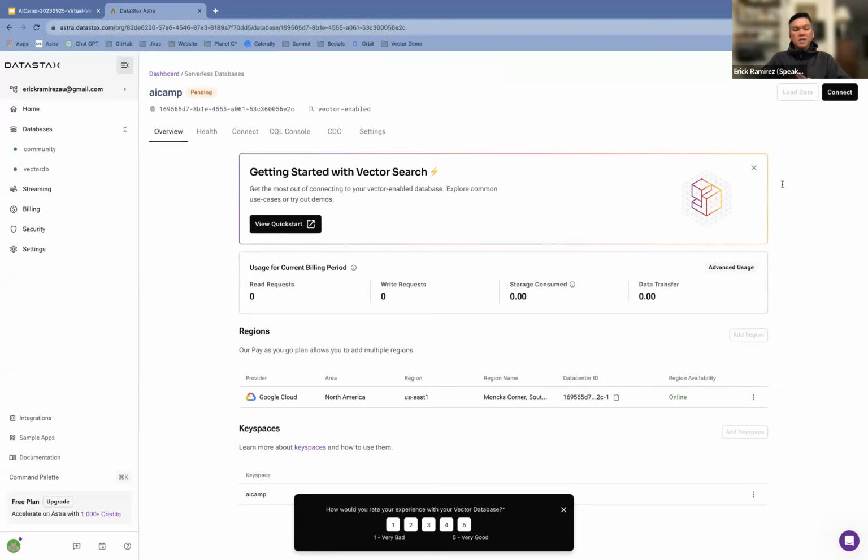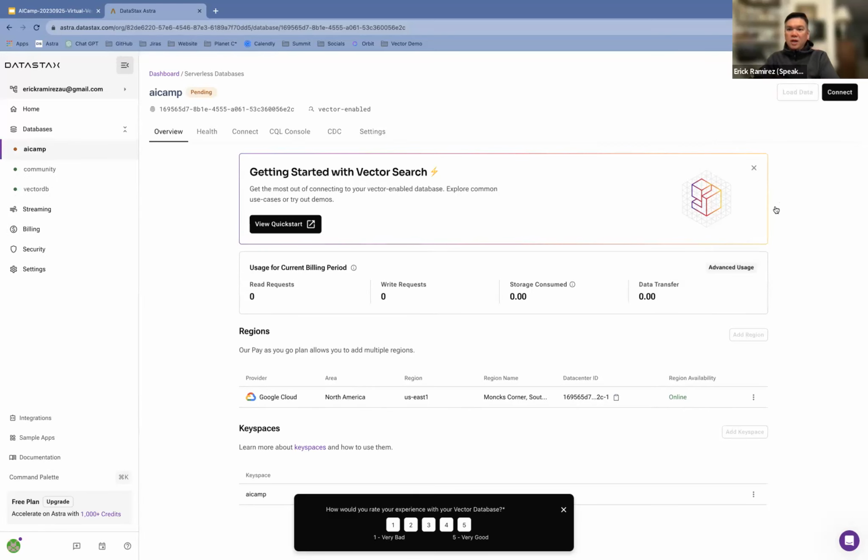So if you've got indexes created against a column in one of your tables, every time you write new data, whether it's an insert, an update, or a delete, the indexing happens in real time as well. That's a huge advantage for Cassandra. It doesn't happen 5 minutes later, it doesn't happen an hour later, it's happening in real time.